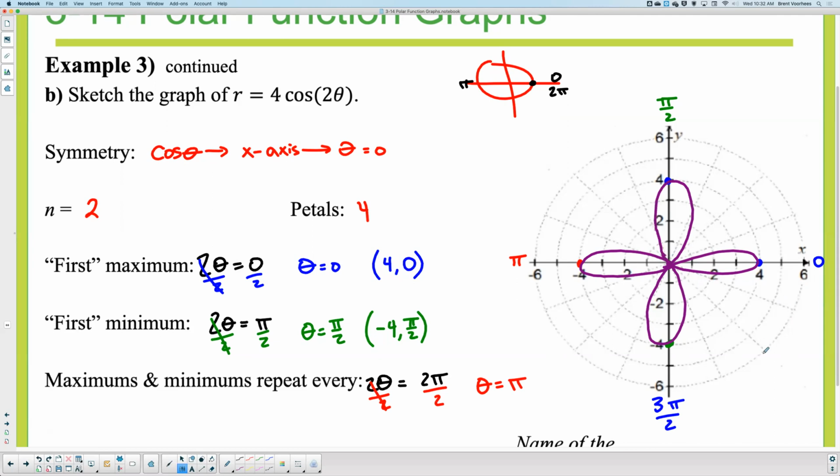Okay, let's talk about symmetry. Does this appear to have any other symmetry? Yes. Maybe the origin. It looks like it has all 3, doesn't it? It looks like it reflects perfectly across the origin, across the y-axis and the x-axis. So by appearance, we could do a test. We just don't have the time for it. By appearance,